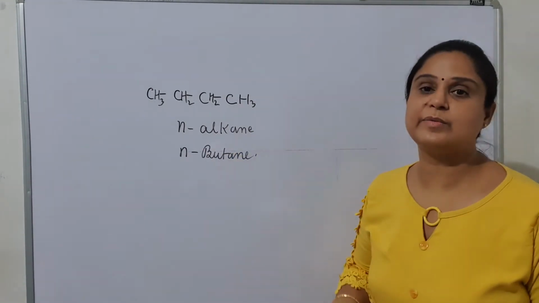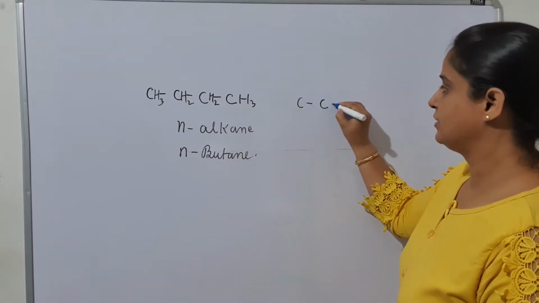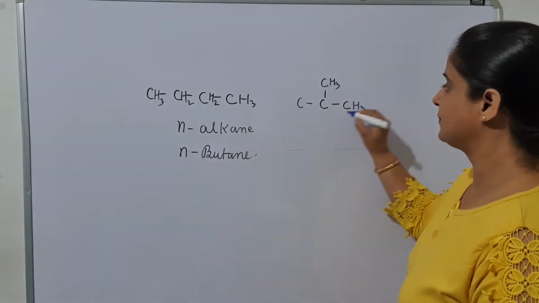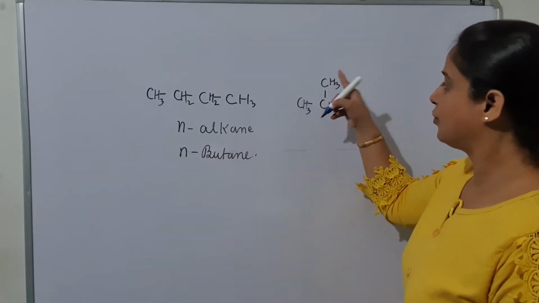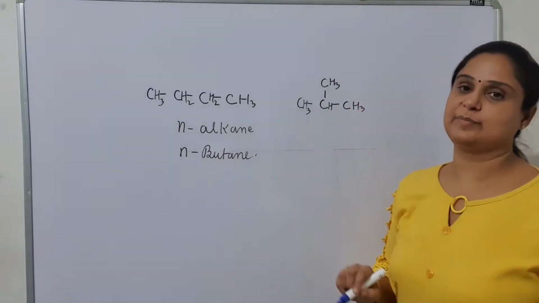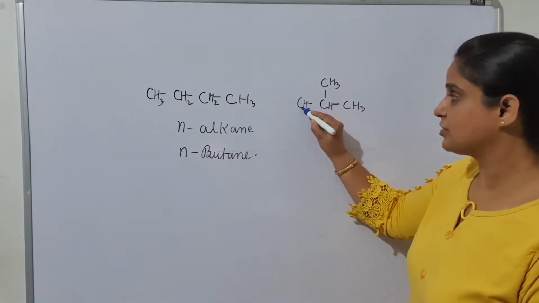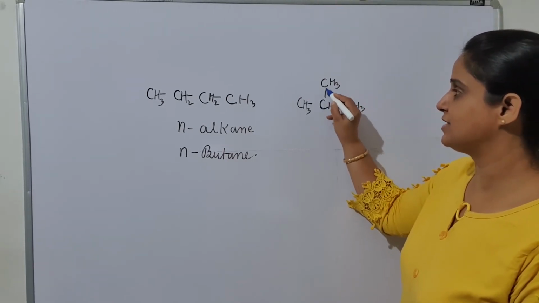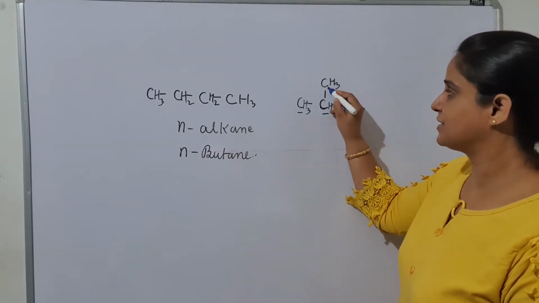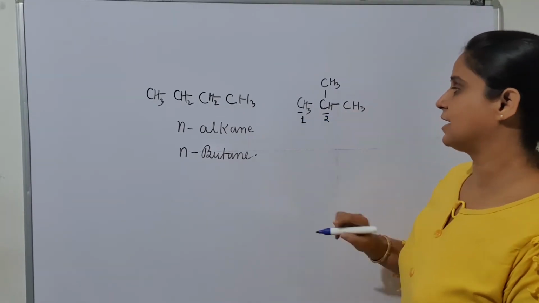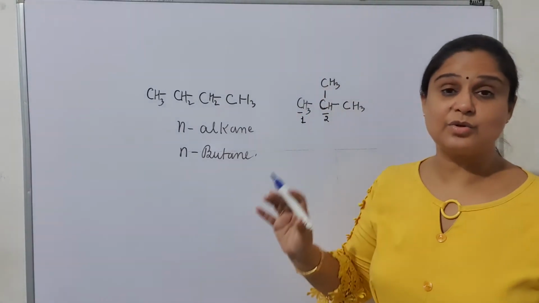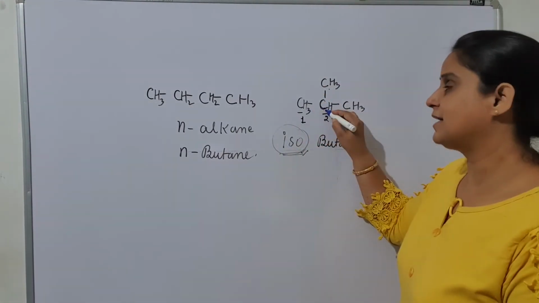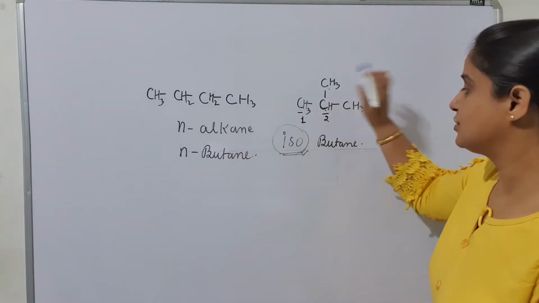Okay, if I am drawing one more butane here, 1, 2, 3 and 4. So look at this, how many carbon atoms are there? There are 4 carbon atoms, but this is having one branch. So if there is one branch, the carbon chain is connected with the second carbon atom. Can you see there? The carbon chain is connected with the second carbon, first carbon, second carbon, and this alkane formed is called isoalkane, when the methyl group is connected with the second carbon atom. Okay, so this is isobutane.